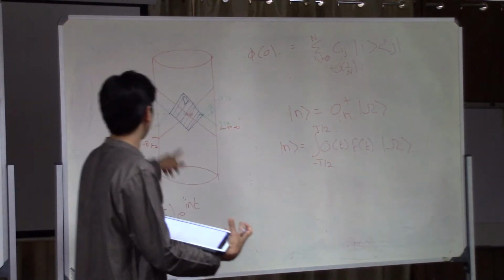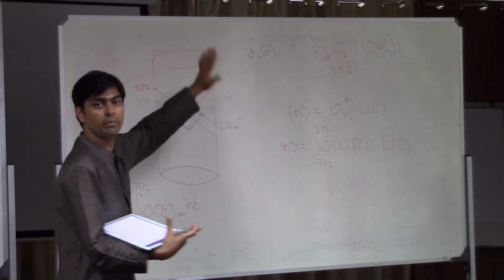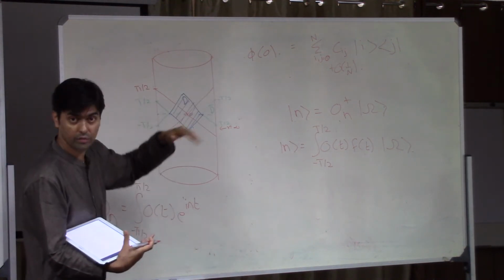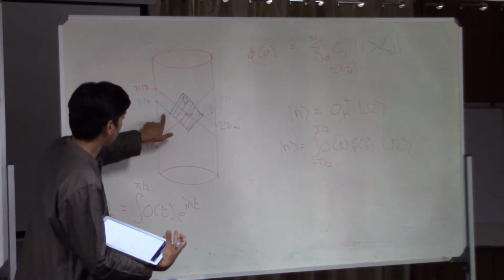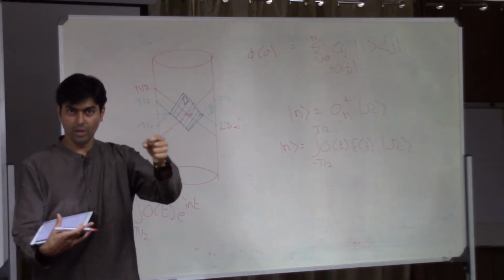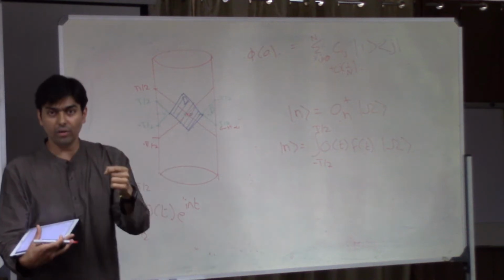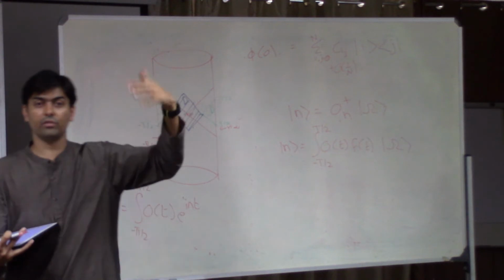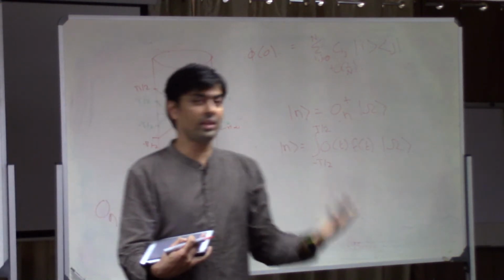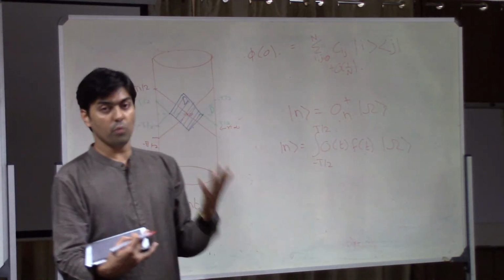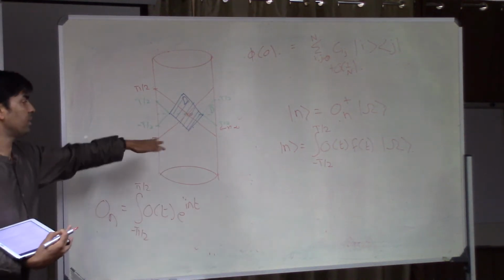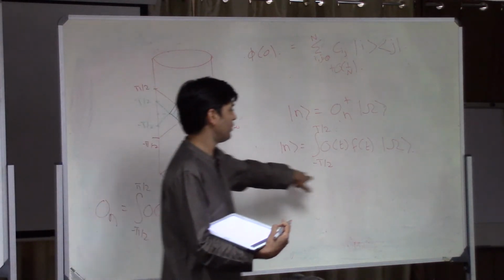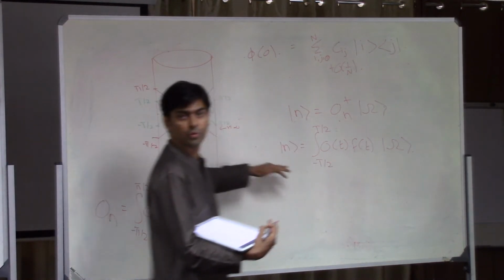So this is the statement that you can create all states in the Hilbert space by acting with operators that live only on this band. If you think of this in the bulk, this is the statement that you have this part of the Cauchy slice, which is an annulus, and by acting with operators in the annulus, the space that you get is dense in the full Hilbert space of the quantum field theory. And this is a statement you can prove in quantum field theories without making any assumption about the equations of motion, and it's called the Reeh-Schlieder theorem. What I'm saying here is a very simple version of the Reeh-Schlieder theorem, and I'll prove it for you.